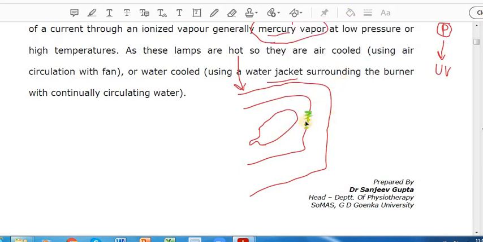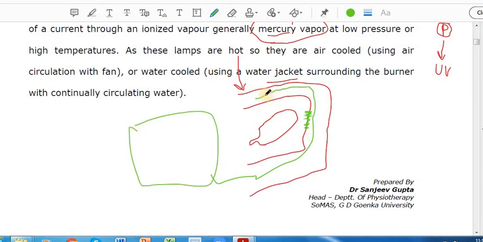This is the window, and with this window the ultraviolet can pass, and this is a waterproof chamber, and the water will move through a separate mechanism. The water will circulate, and there will be a big reservoir in which the water is collected. This whole area gets heated, this lamp is hot, all of this will become hot, the ultraviolet rays will become hot, so we keep circulating water in this way. The radiations come out from here, from here, and from here; here also there will be the same window, because finally ultraviolet has to come out. Here too the window will be quartz.